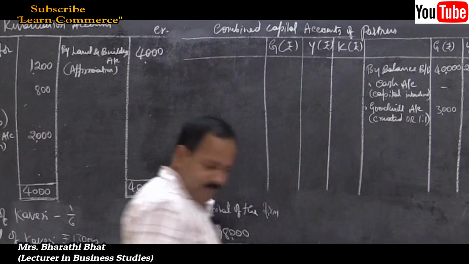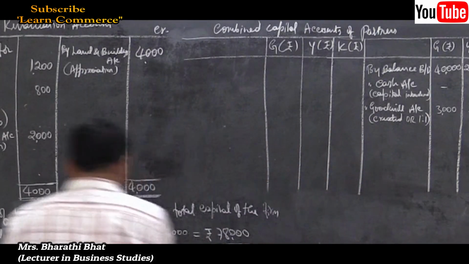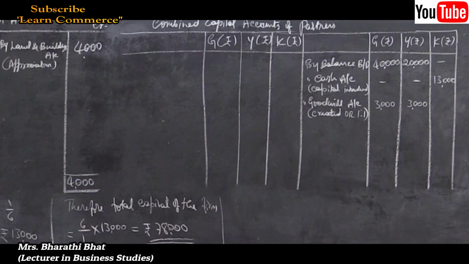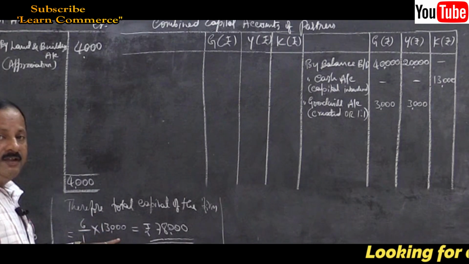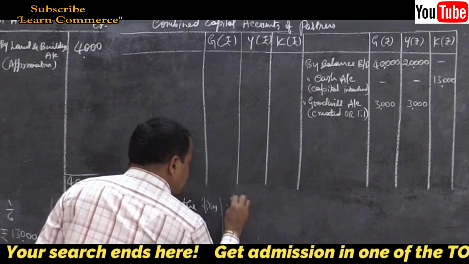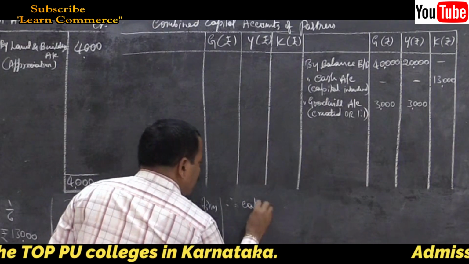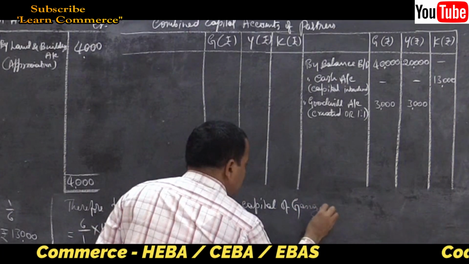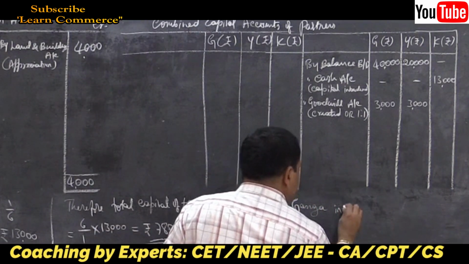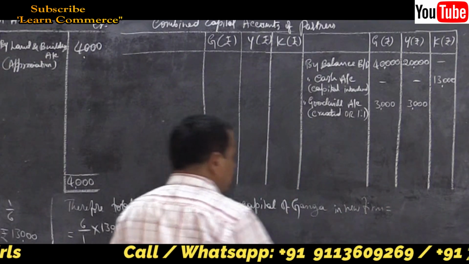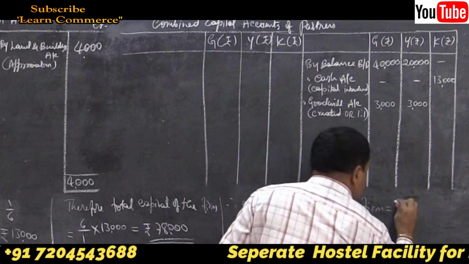I will distribute here itself. This is the first part. This is the second part. This is the given information in the problem. This is what we have calculated, the total capital of the firm. Now we have to distribute it among the partners. Therefore, capital of Ganga in new firm is equal to 78,000